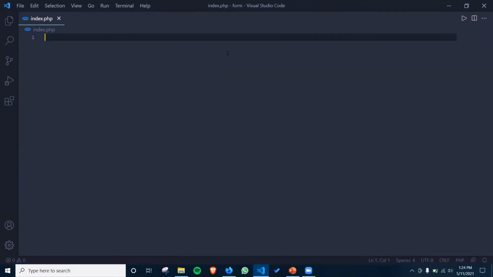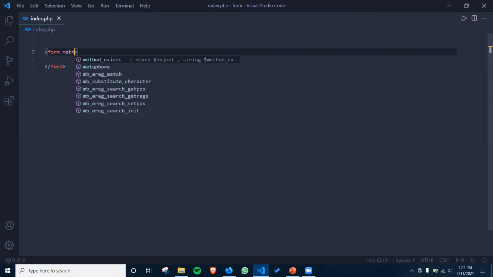Okay, cool. So first, let's create a form and give it a method of post.